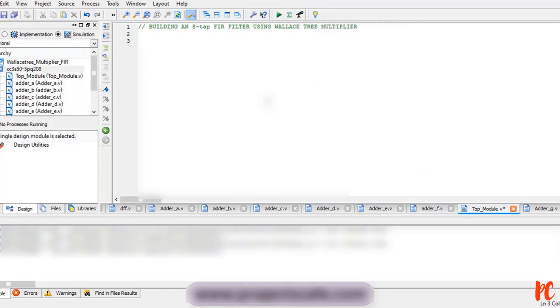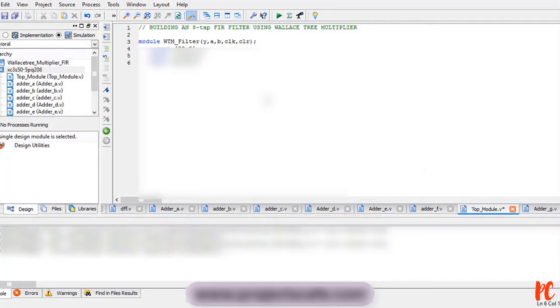As usual, we need to start with module. Since we are talking with respect to Wallace tree multiplier, I'm naming this FIR filter, followed by, assuming Y to be an output, A as input, B as input, followed by clock and clear as well. I need to declare my port list: output, which is 22 down to 0. Then input, one input ranges as 8-bit, starting with 0, A comma B. Similarly, input clock and clear. Both the inputs are of range 8-bit, so 7 down to 0 I have taken.